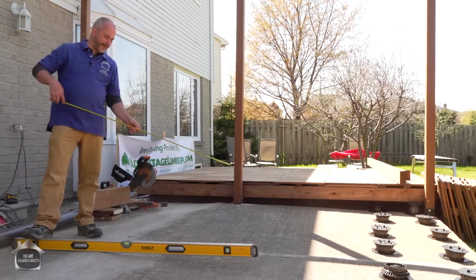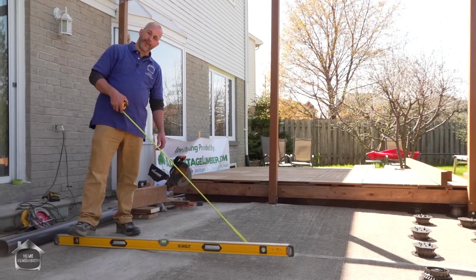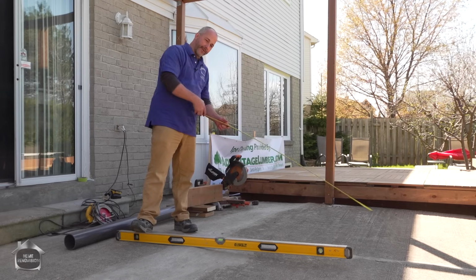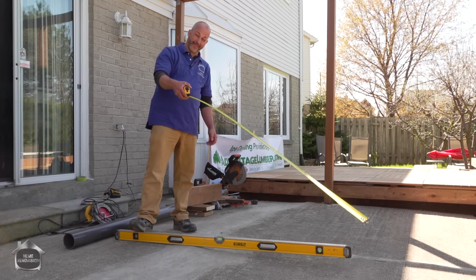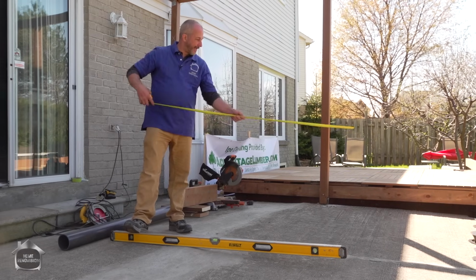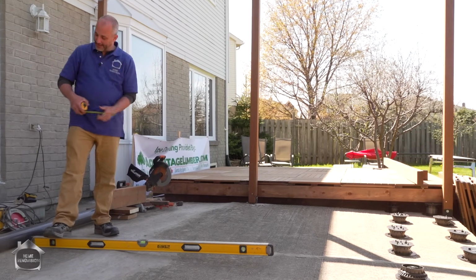As you can clearly see, our surface is nowhere near level. From this height to the far corner over here, we're down 5 inches. So what we have to use is these little component systems here, and we are going to be leveling off and cutting our